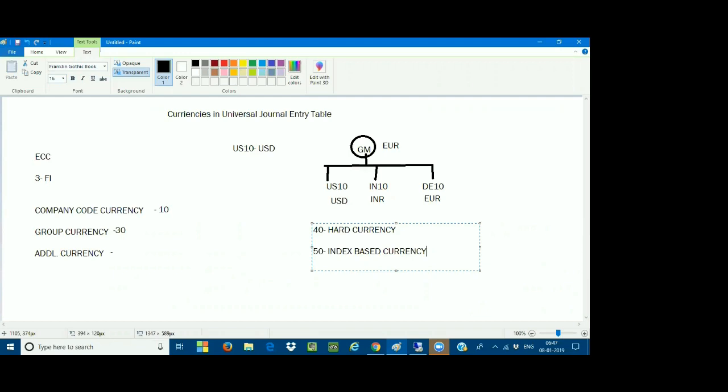Like we have Serbia, like Syria. If you take some African countries, Zimbabwe is one of the African countries where we can see high inflation rates. So for those countries where the inflation rates fluctuate at the country level, I'm talking about the country level, not the company level, for those kinds of countries, this is where you are going to be assigning.